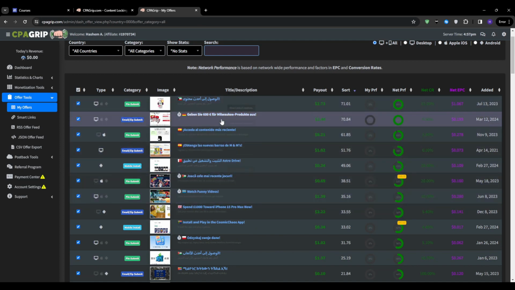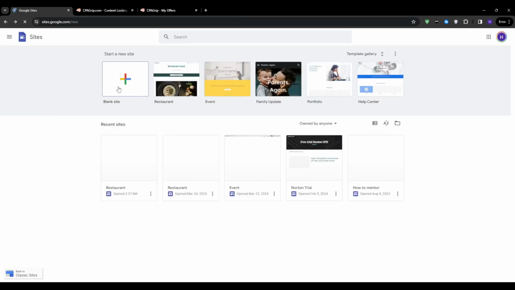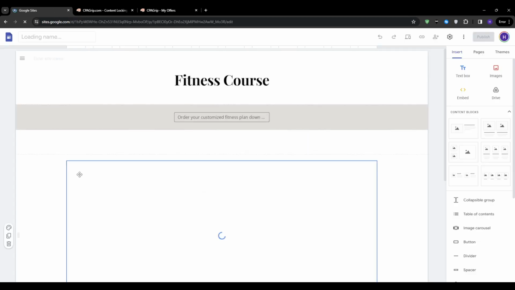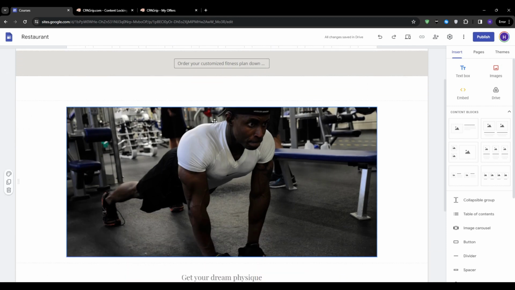Moving back to Google Sites, let's start by navigating to the Google Sites homepage and creating a new blank or start from template site. Give your site a catchy title that relates to your offer and update the page title accordingly. After that, you want to change up the header area with an attention-grabbing background image that resonates with the offer's theme. So for my example, I'm going to search for a related image and then upload it to my site's